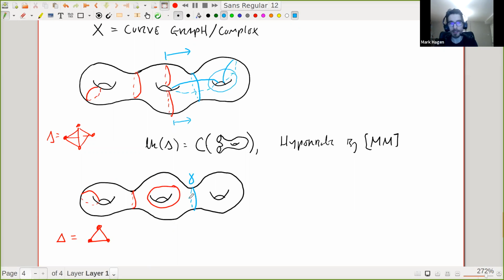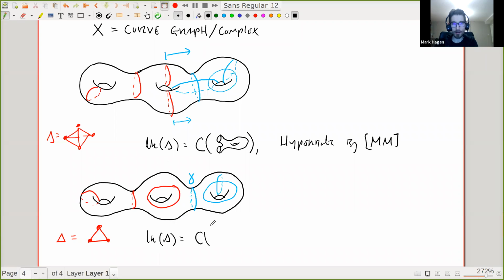So it's a zero simplex of the curve graph. And everything in this once punctured torus, like that curve and that curve, those are in the link. And then nothing else is, right? Any other curve that doesn't live in here or is not that one has to intersect one of the red ones. So what you get is that the link of delta